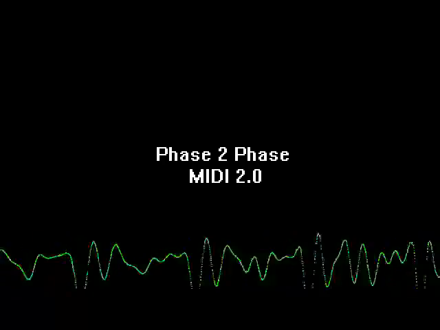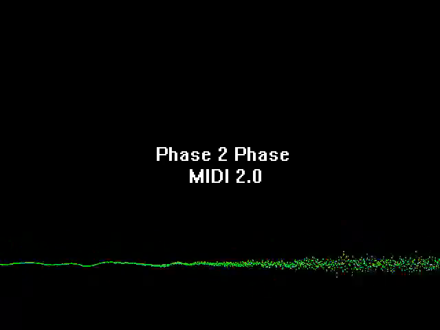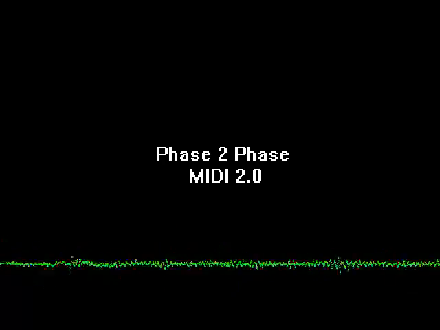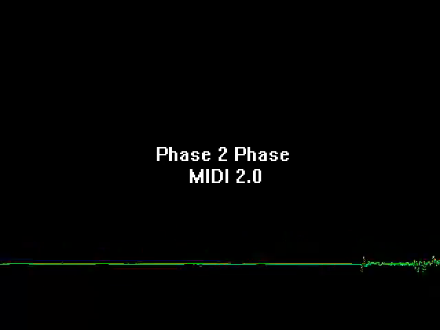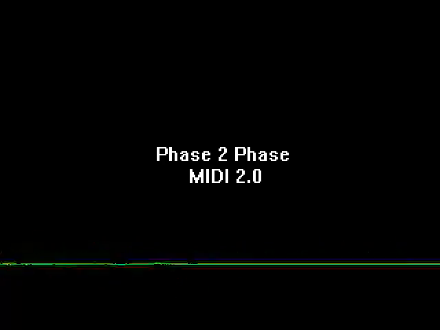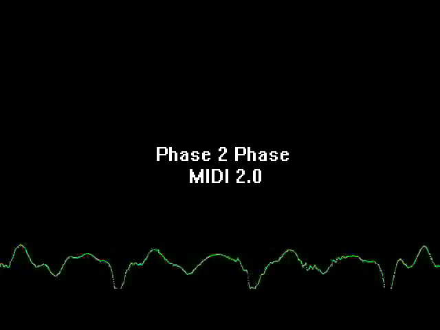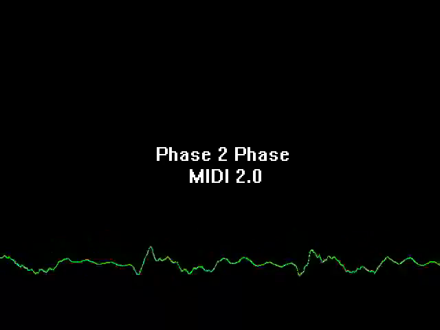Now, one great thing about MIDI 2.0 is that it's backwards compatible, so you don't have to be worried about your MIDI 1.0 gear suddenly stopping working or being completely obsolete. So basically, MIDI 1.0 is kind of like Latin, and MIDI 2.0 is like English. Imagine your devices are speaking Latin to each other, and then one of them says, "Hey, do you speak English?" And it says, "Yes."